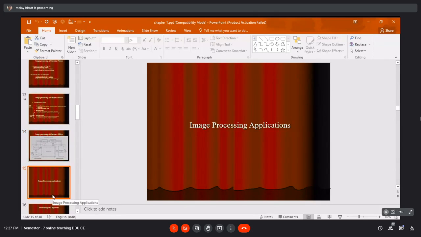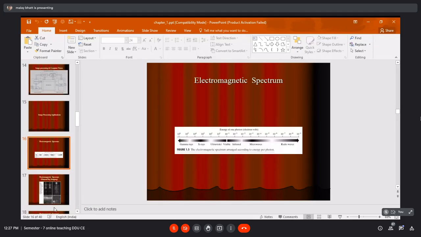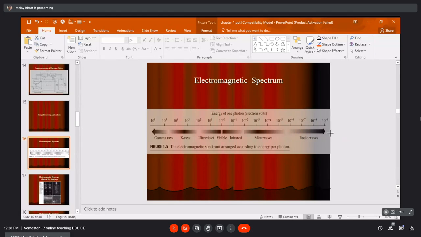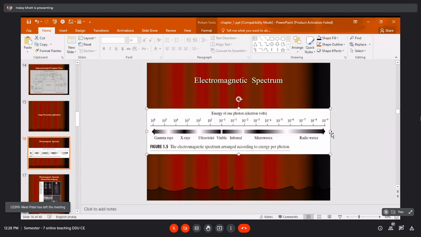So now let us focus on a few applications of image processing. Definitely we know that we have the electromagnetic spectrum. Gamma rays are there, X-rays, ultraviolet rays are there. Then we have the visible band also. We have infrared, microwaves, radio waves, and for different bands, we are able to generate the images using different specialized hardware.